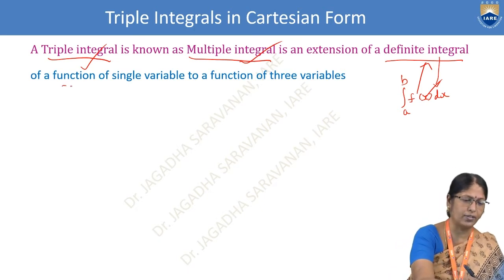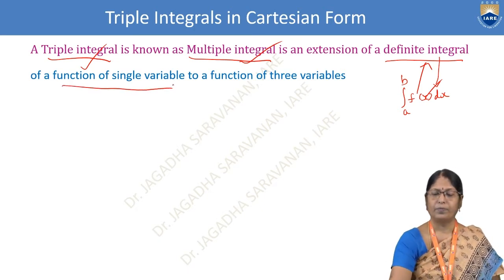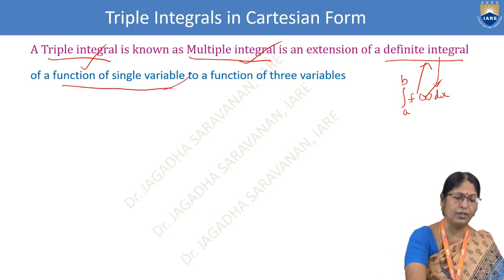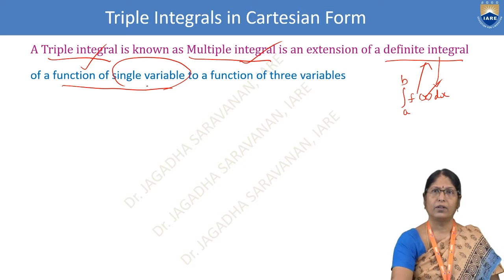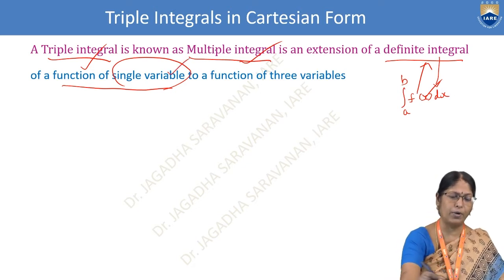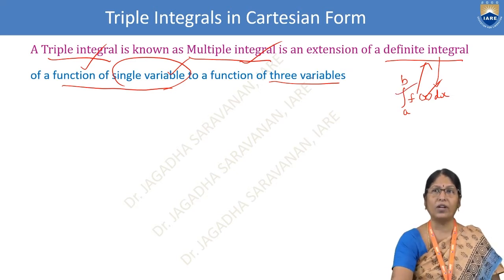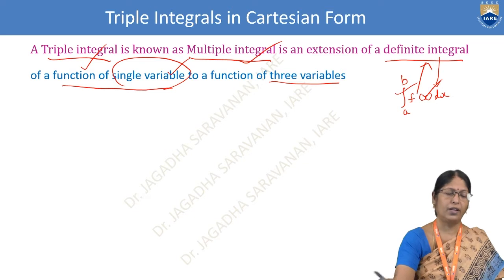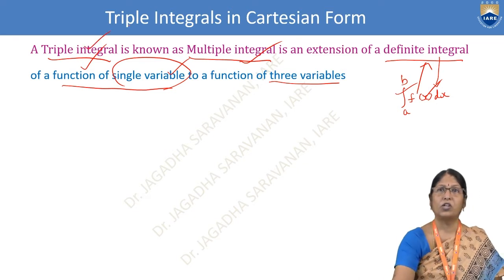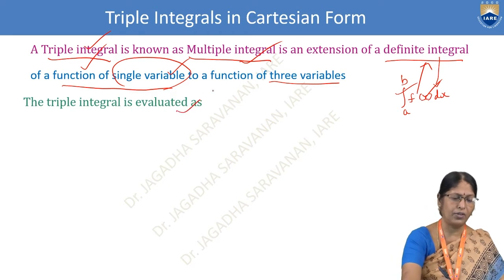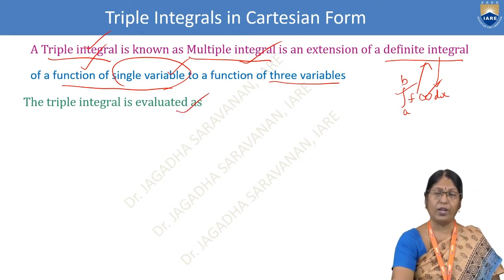That's what is written here: definite integral of a function of a single variable. So from a single variable, when it is extended to three variables, then it is called a triple integral. The formula to evaluate the triple integral is,